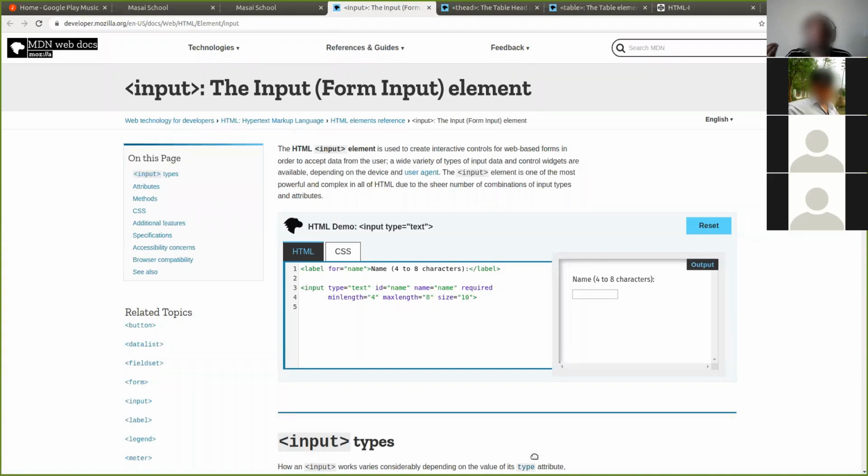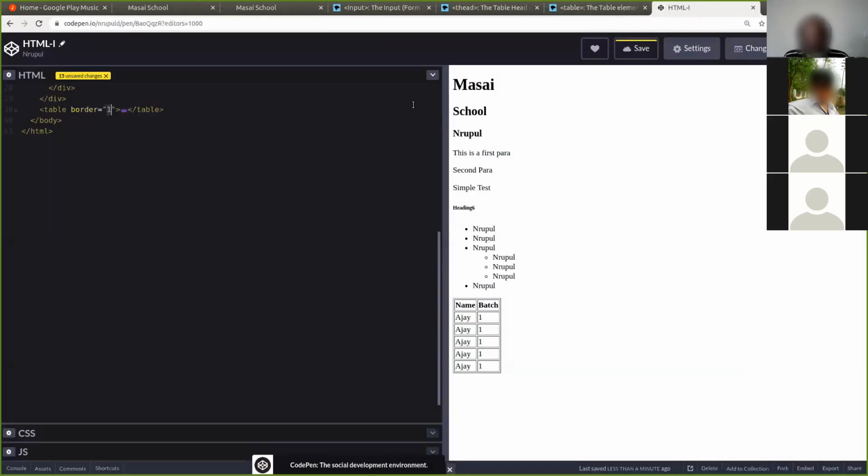If you want to take some input from the user, like when you are signing up, you want to have drop downs, calendars, radio buttons, I think everybody knows it. Or a password field, or some text area, like when you are giving quizzes, you can see sometimes bigger text areas. So these elements all come under inputs. So input is, again, a tag. If you write input,